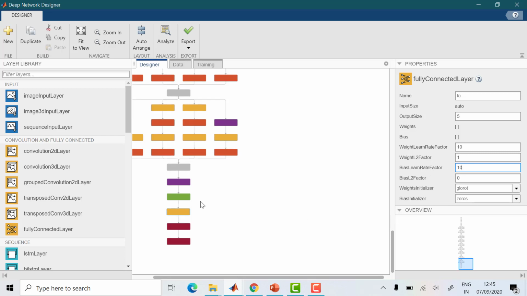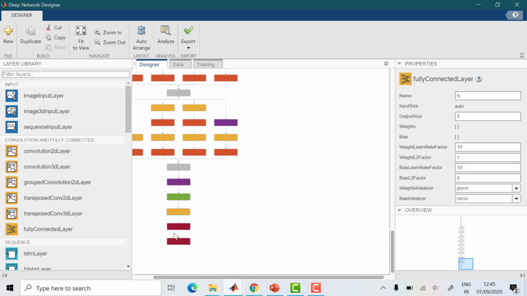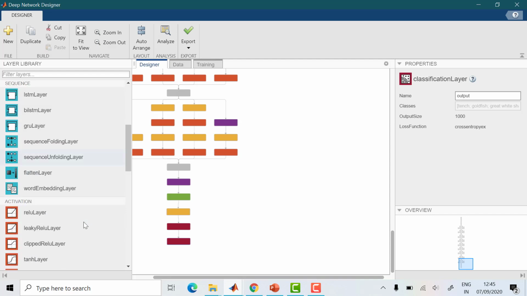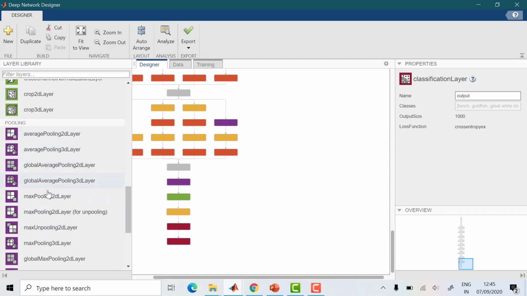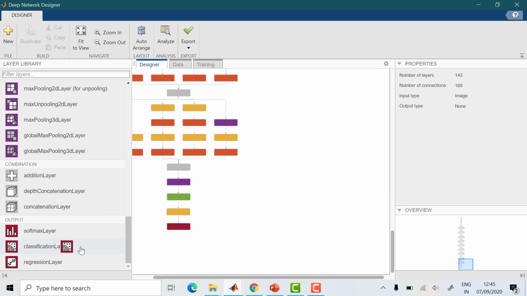Okay, so after finishing this fully connected layer, you come to the output layer. Softmax, fully connected, then the classification layer. So scroll down on the left hand side, you will get one classification layer. Just remove this classification layer and put this classification layer here and connect it. No changes here.